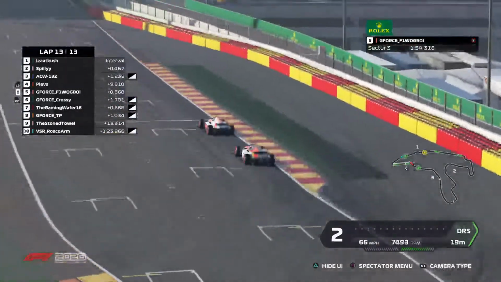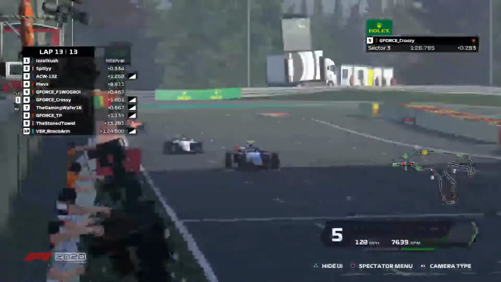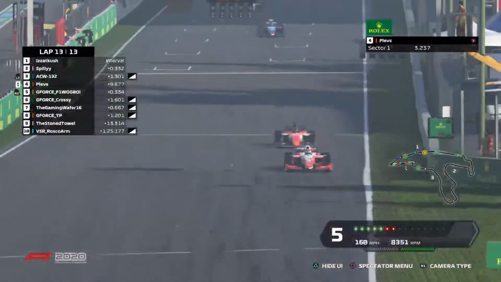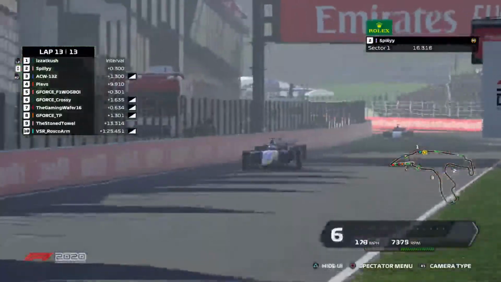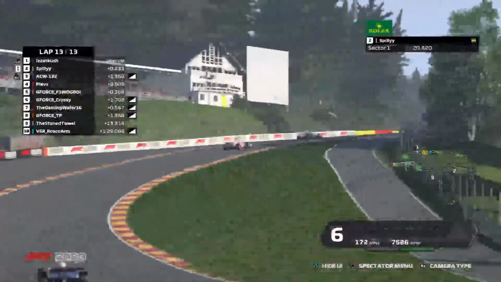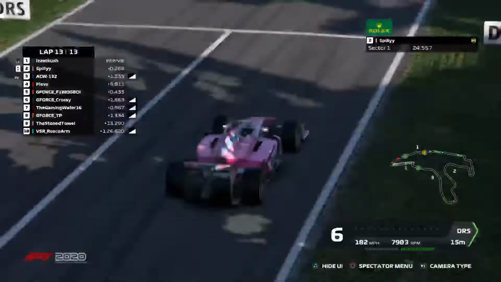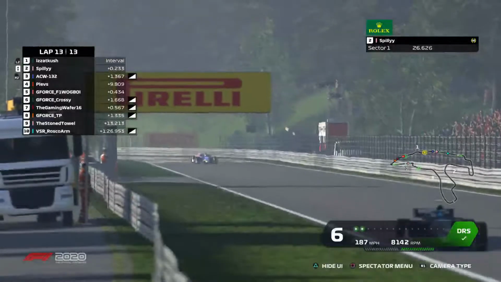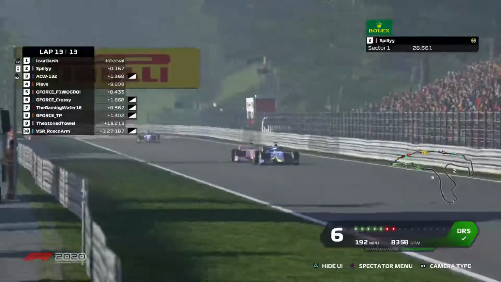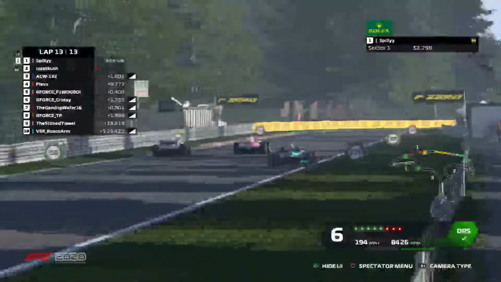Plebs is losing a lot of time. He really can't make it. Last lap, maybe he has some damage, I don't know. But Spilly now, last lap, is all over Isaac Kush. They're fighting for P1, and Isaac Kush is going to defend, but Spilly has DRS, gets in his line, goes on the inside, and makes the move stick